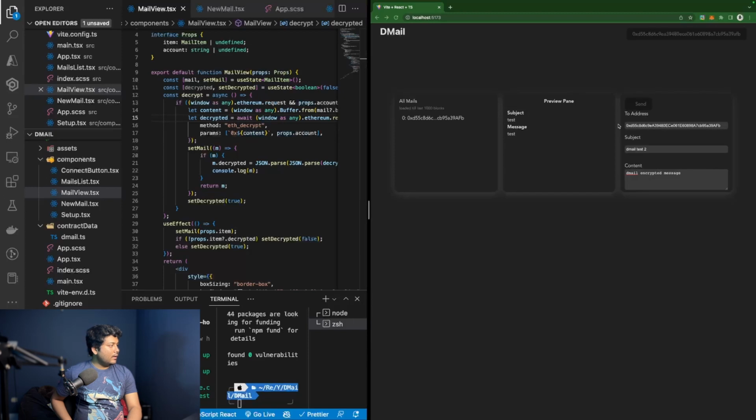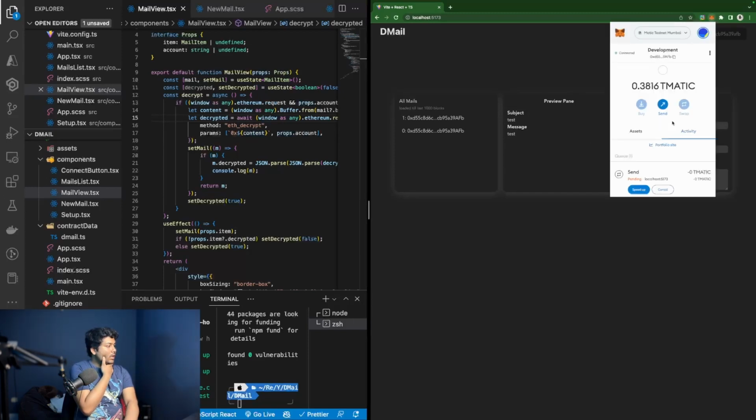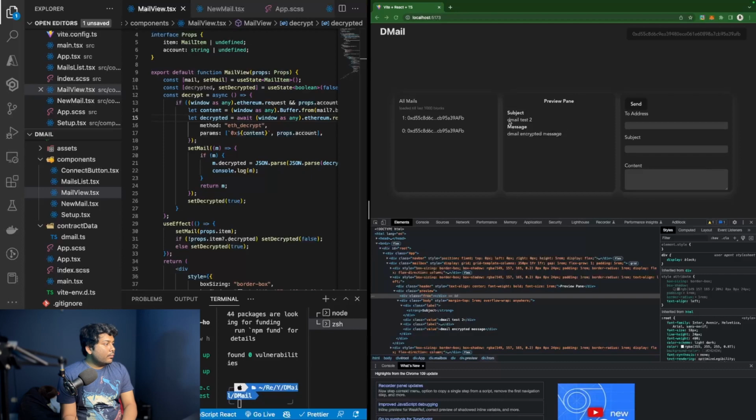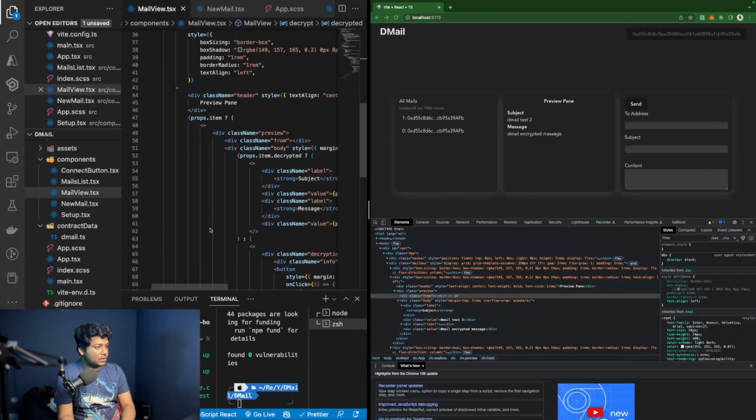Okay, it's sending. It's taking some time. Okay, it is sent, and yes, we can see the second message. Let's add a second thing in. For some reason I'm not able to see the from address, which should have been in the mail view. Okay, so we want to add a from address to make it look